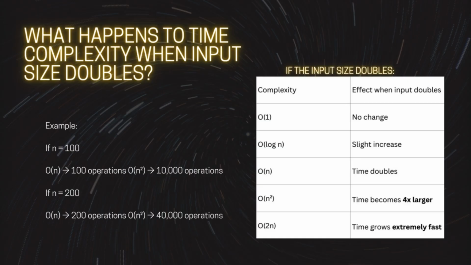And next is O of 2 to the n or exponential time. This means the time grows super fast when input increases. For example, n equals 100 versus n equals 200. If you double the number from 100 to 200, linear time also doubles, but quadratic time becomes much bigger,